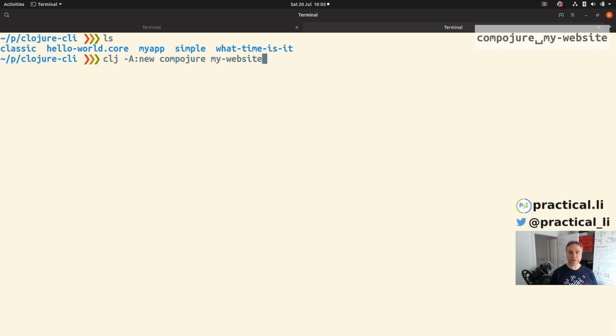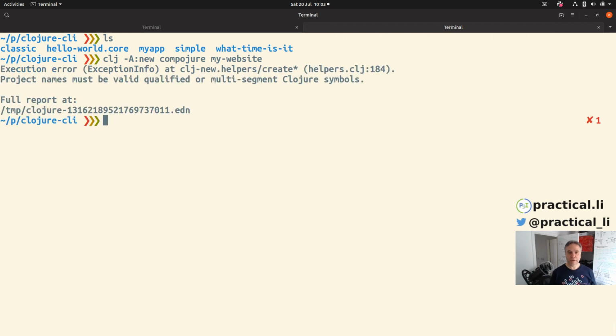So this will create, if it works, a server-side web application, but rather than using Leiningen, we're using clj to manage that project. Oh, sorry, yes. I still need to get used to naming it, so if I do it practically,